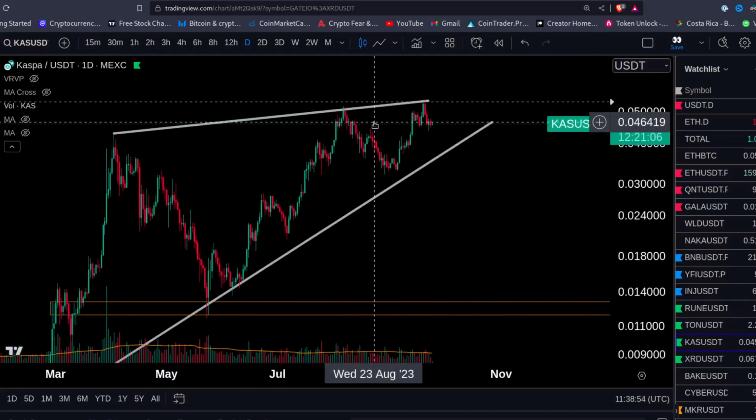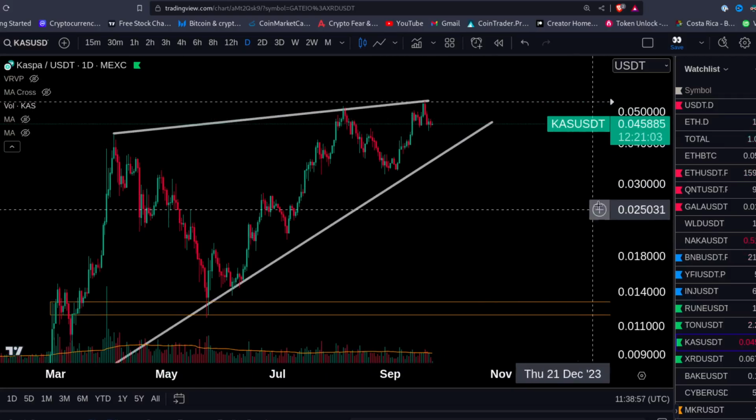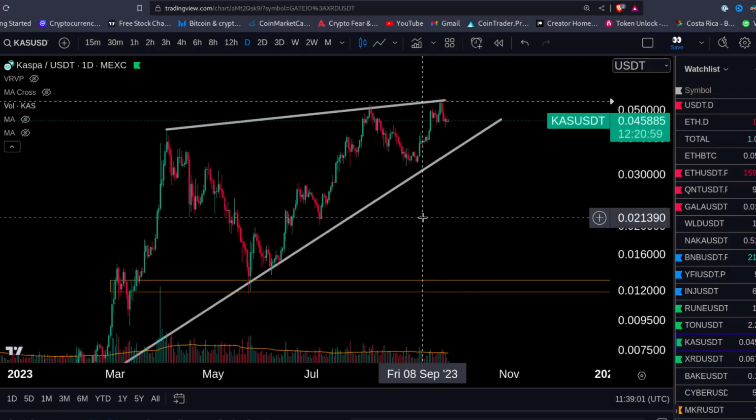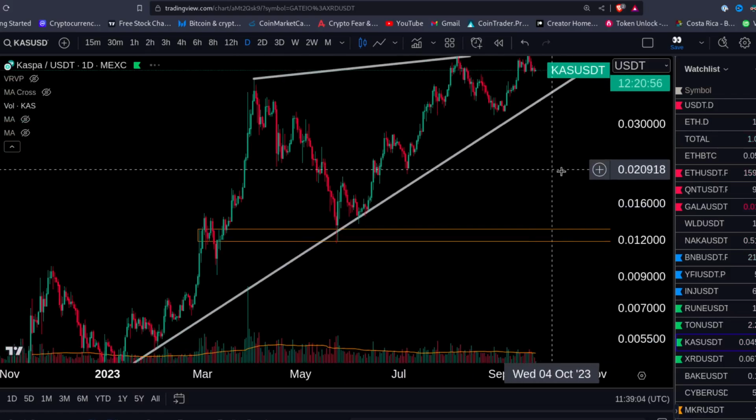Now look, I want to share with you guys a couple of concerns I have about Kaspa and what I'm watching for the bull case, the bear case, and the sideways case. Okay, so look, first of all,